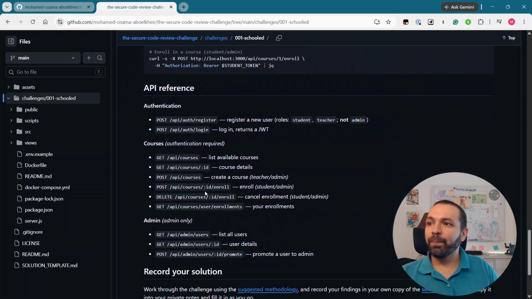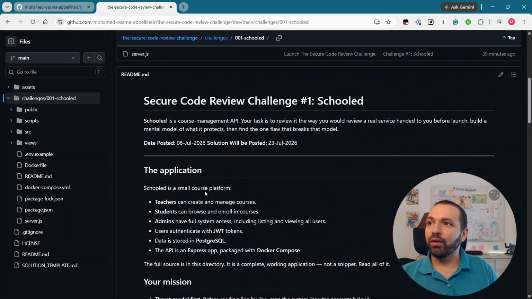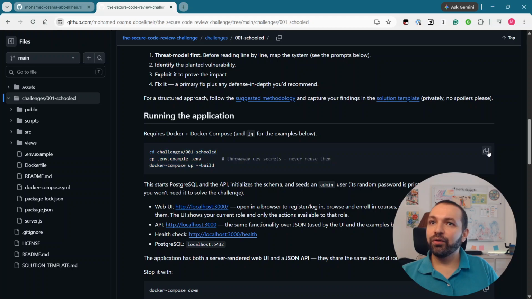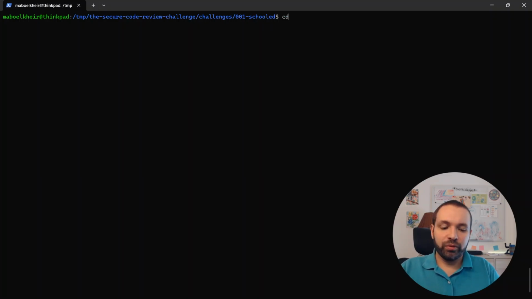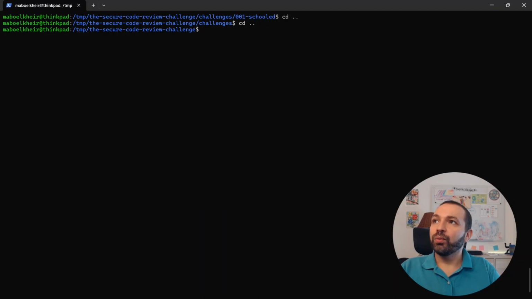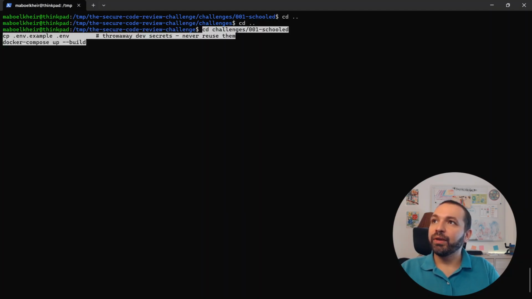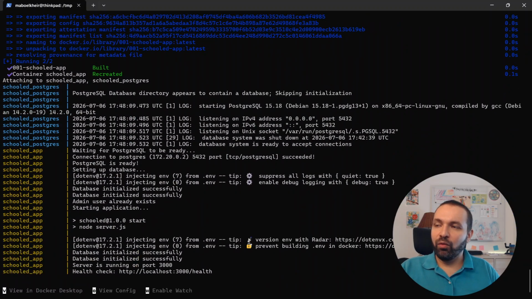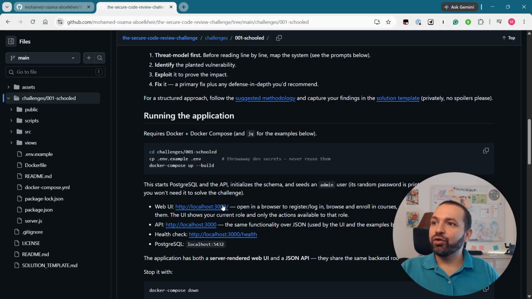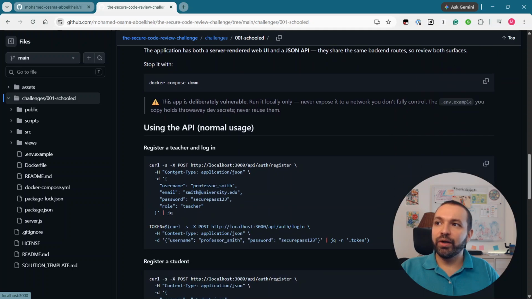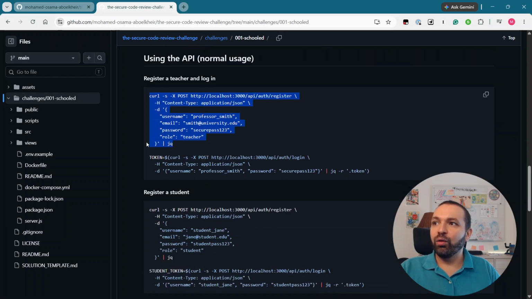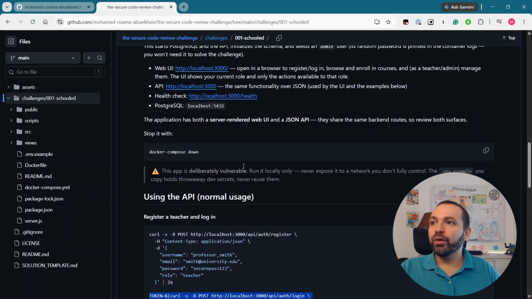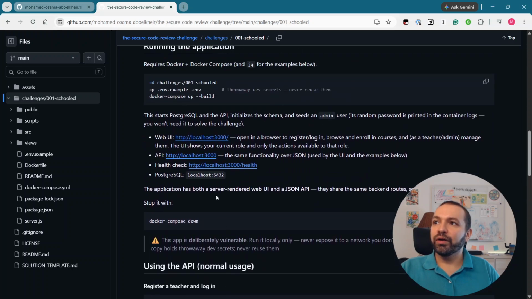So I'm just going to copy these steps here, and I'm going to clone this. I already have this cloned. Now I move to the directory, and then I copy and paste these commands. Now this starts the application. If I go back here, it tells me that when you start the application, you will have a web UI, and you can also deal with the endpoints using some curl commands. You'll see some examples to register a user, then log in with this user and get a JWT token. I can do that using this curl command,